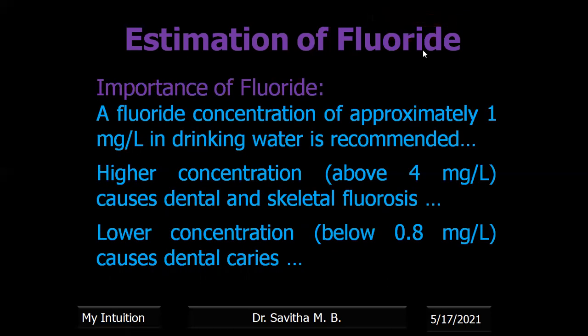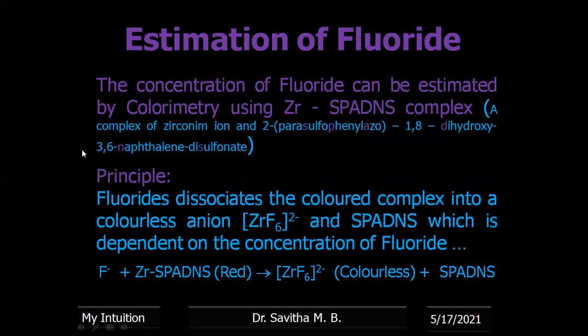Now, why is the estimation important? Because a fluoride concentration of approximately 1 milligram per liter in drinking water is recommended. Beyond that is not good. Higher concentration, that is above 4 milligrams, causes dental fluorosis. Lower concentration is also not advisable because it causes dental caries. So the concentration of fluoride can be